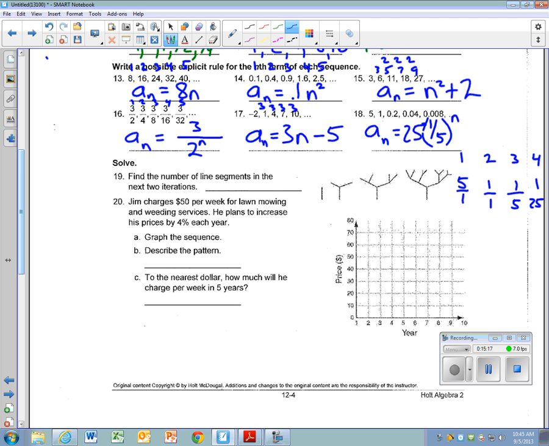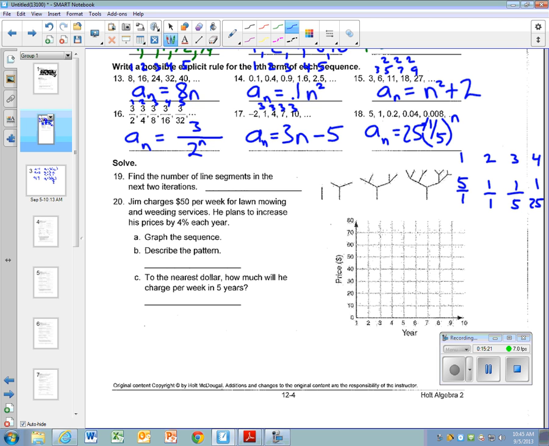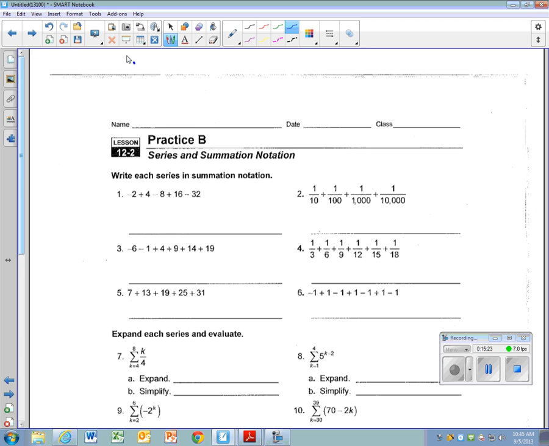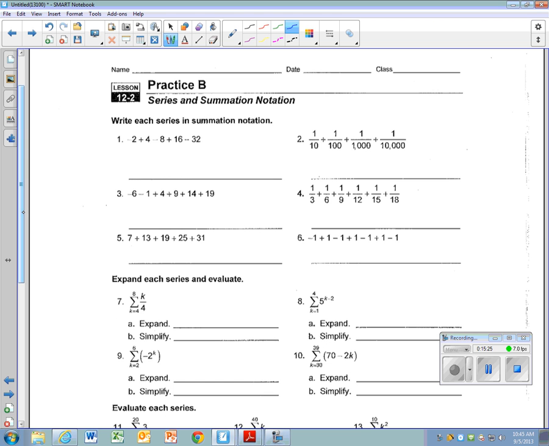So, any questions? Okay, flip it over. I won't have you do any homework today, but I don't want to spend too much time on this stuff. But now we have something called